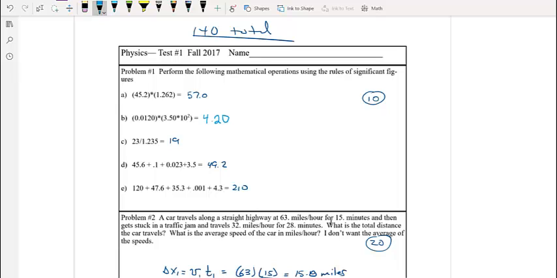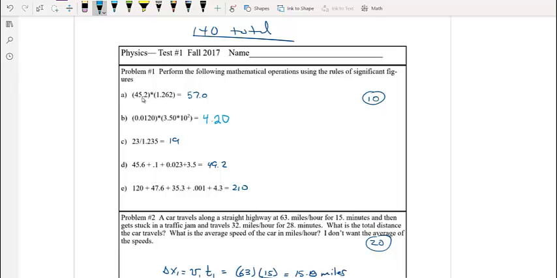Okay, so here's the solution to test number 1. The first problem is worth 10 points, so each one is worth 2 points. First problem, it's multiplication, so you take the term with the least number of significant figures, and that determines the significant figures of the answer. So we have 3 here, and we have 4 there, so the answer is going to be 3 significant figures,